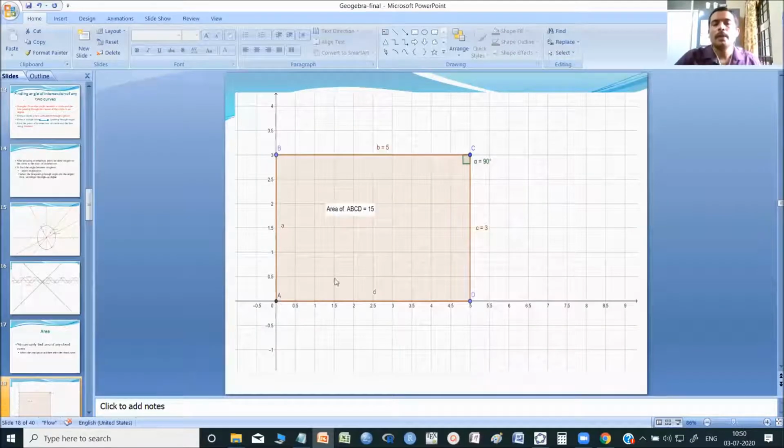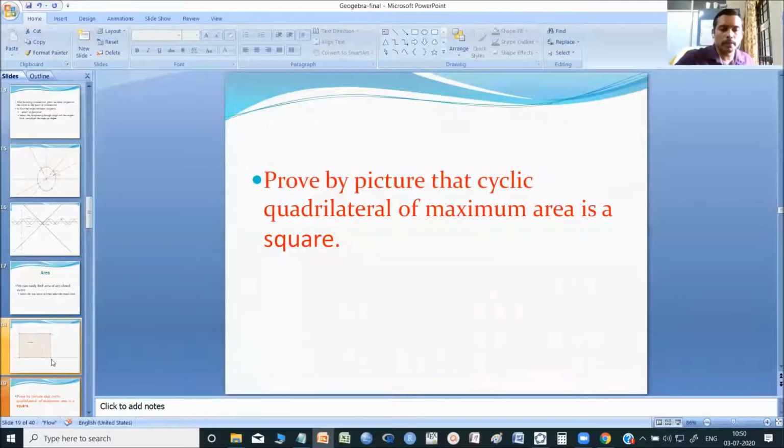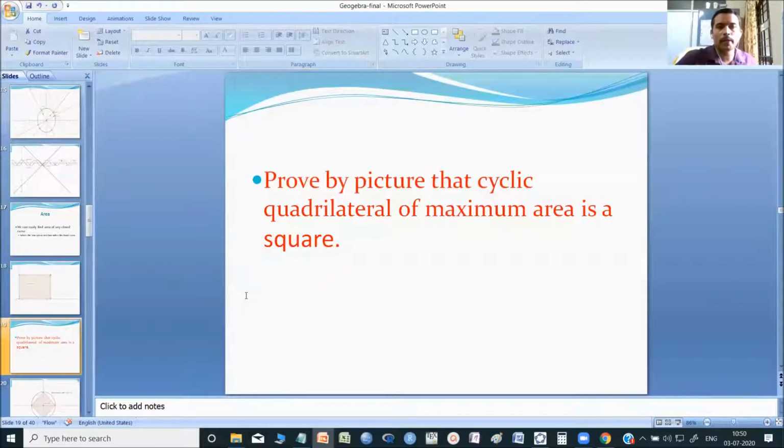Okay, now I'm going to use this for demonstrating one simple concept, how we can use this tool to demonstrate. Mostly in high school level, we would have proved that the quadrilateral of maximum size, which can be inscribed in a circle, is always a square.